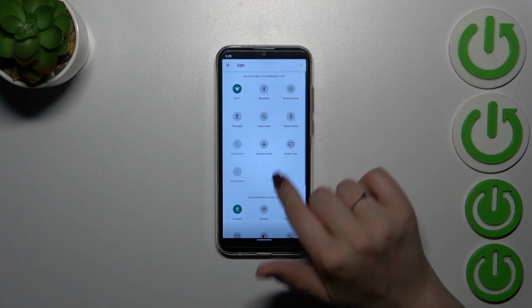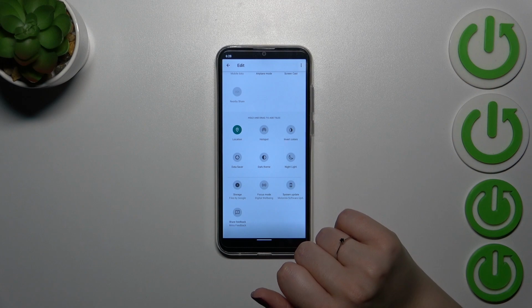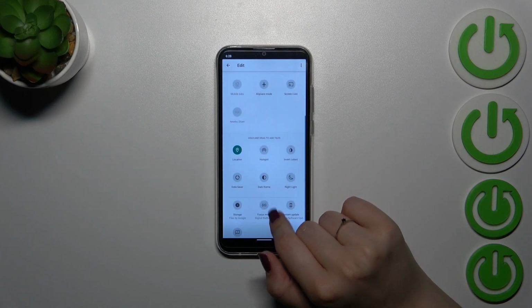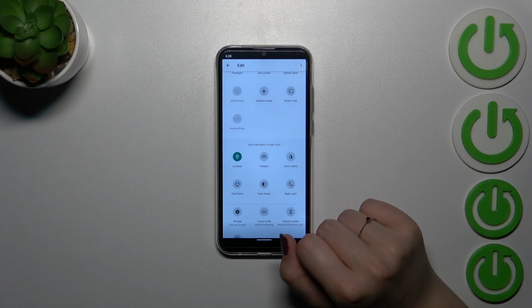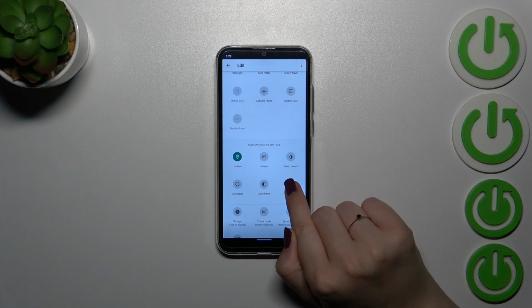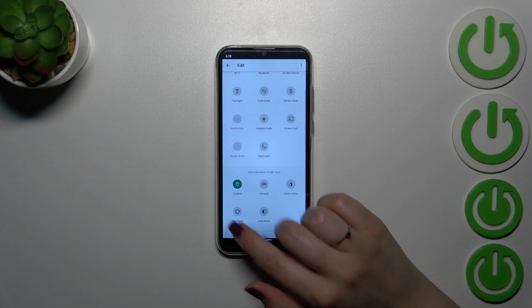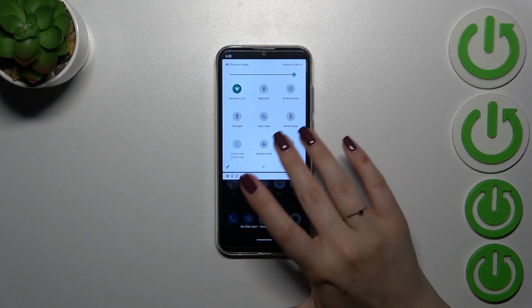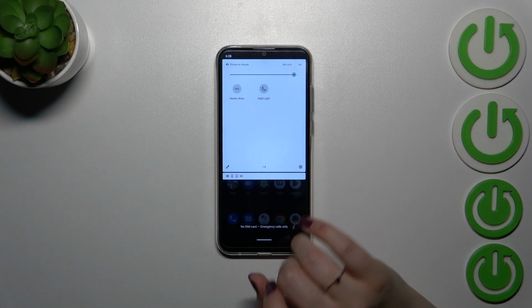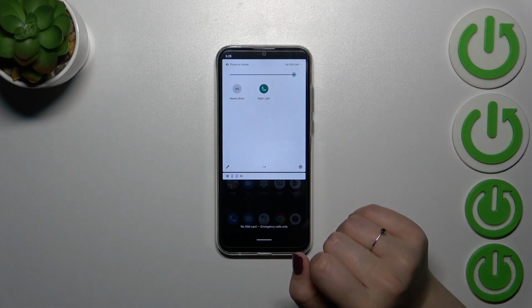icon in the left corner, and here let's scroll down to find the proper icon, and as you can see in this case, in this device, it is called highlight. So let's tap on it, hold it and drag it to this section. Alright, so now we can simply go back, and in order to turn it on, just tap on this